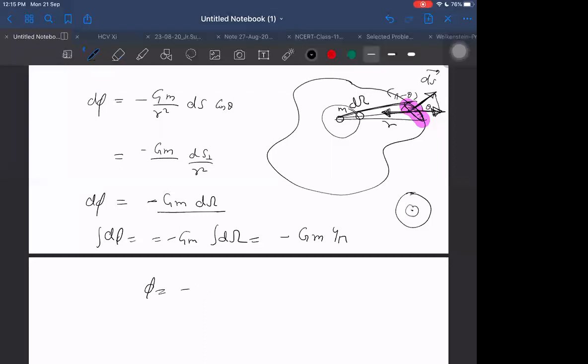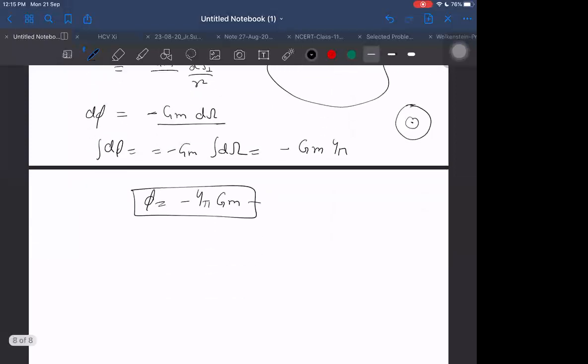We will remember it. Minus 4πGm will be the flux, and that is the statement of Gauss law. What does Gauss law state? Gauss law states that the field flux through the closed surface area, this closed integral, means a closed surface area. What do you mean by closed surface area? It means there is a volume enclosed within it.